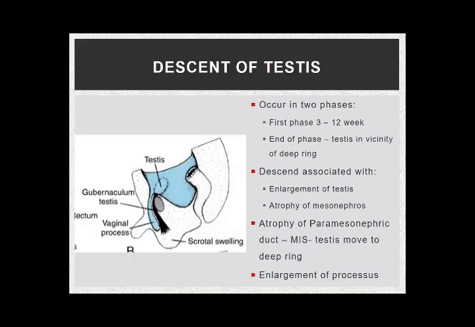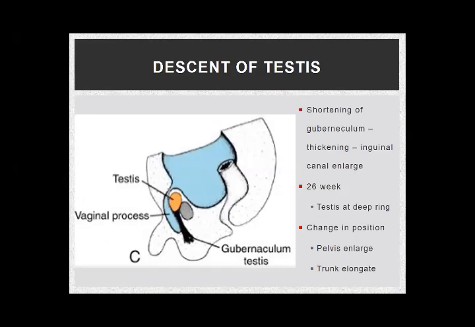So all these factors are associated with descent of the testes. So एक तो testis का size enlarge कर जाता है, mesonephros की atrophy हो जाती है, plus paramesonephric duct जो है वो atrophy कर जाती है because of the secretion of anti-Mullerian hormone. उसके अलावा the other factor is कि ये जो gubernaculum है, this shortens. ये gubernaculum which is attached to the lower pole of the kidney, वो ligamentous structure जो था which was made up of mucoid connective tissue with cells,